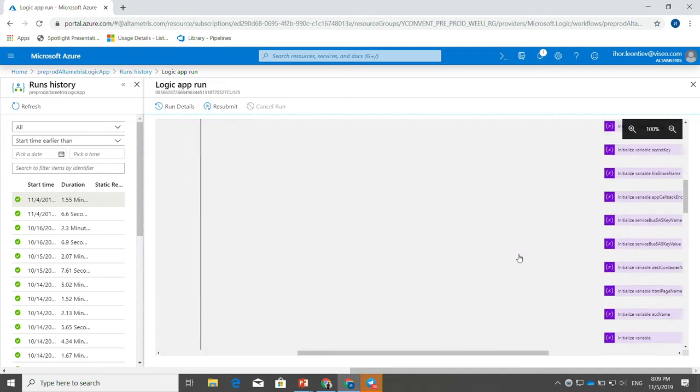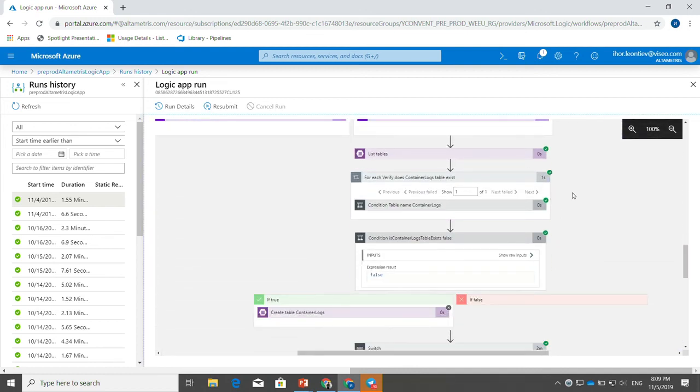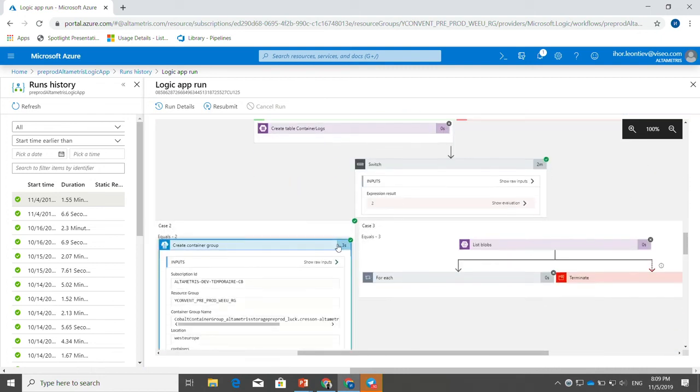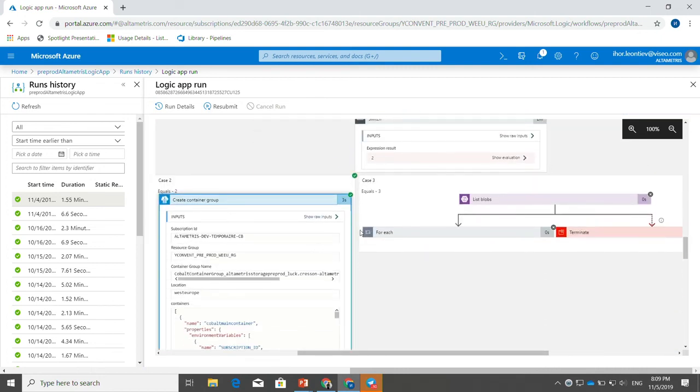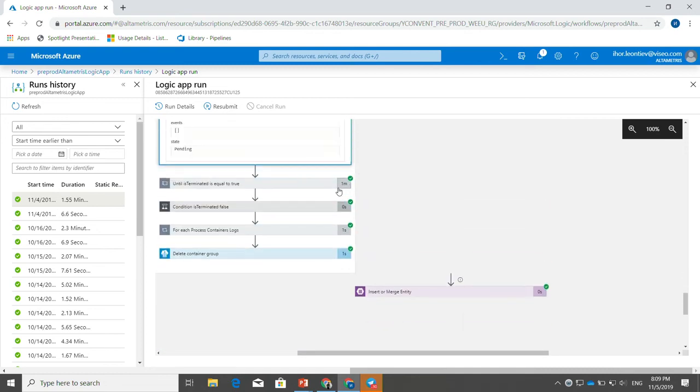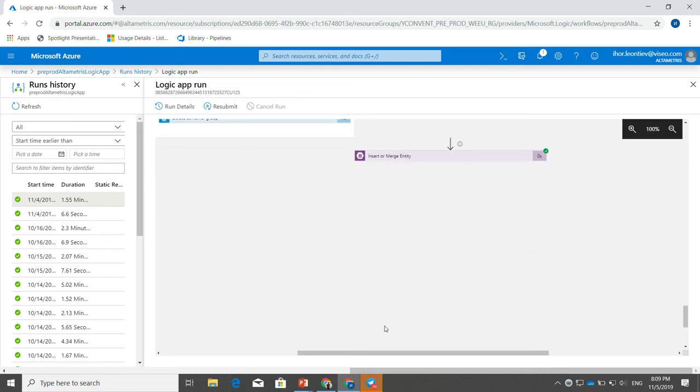Here we can see what is happening, what state, etc. When we create the container, it took about 3 seconds just to create the container. This container ran for about 1 minute. We verify it's working, and after that we terminate the process.